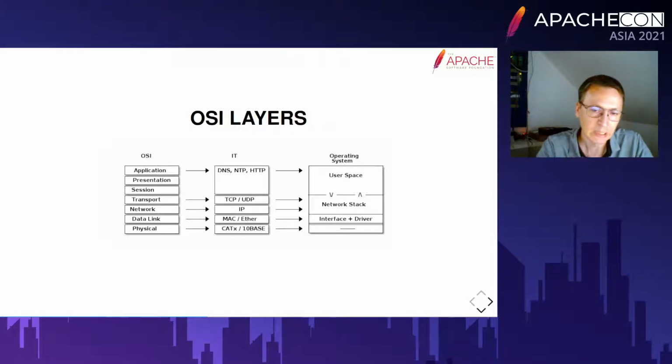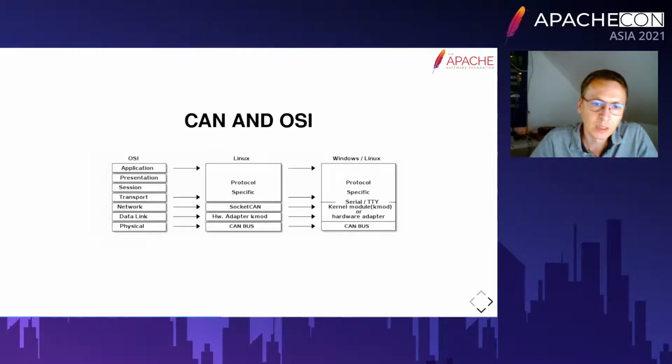the physical network. Because all operating systems standardize the network stack, so handling of MAC addresses, Ethernet frames, IP frames, and TCP and UDP transports is implemented within the system, we do not bother much about those and how they are made. Our applications are built for concrete operating systems, and they work with the tools provided by the operating systems, meaning that we build our applications and protocols with the assumption that the network will work. And this is quite different for CAN, because depending on the operating system, we might have a standardized network stack,